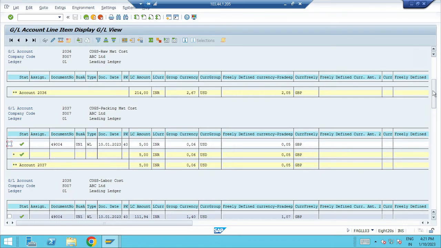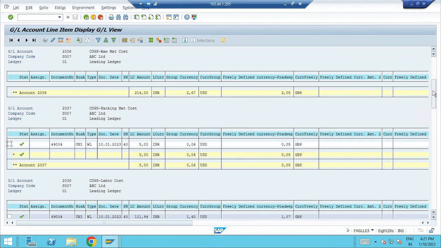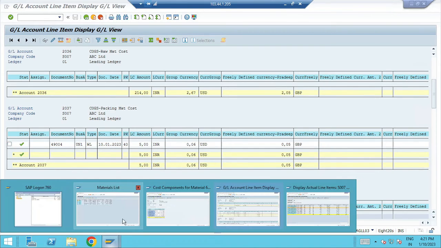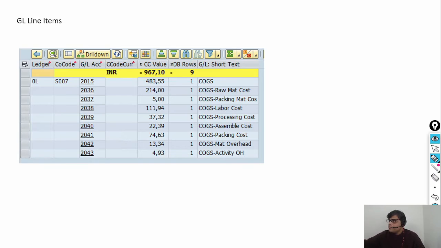So this is my finance, which is equivalent to my COPA internal reporting. This is my finance reporting, and this is as per our cost calculation. So earlier it was not possible with account-based COPA, but now it is possible. Coming to the next feature related to margin analysis,